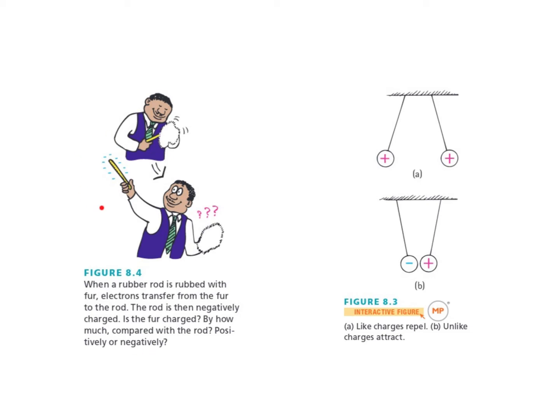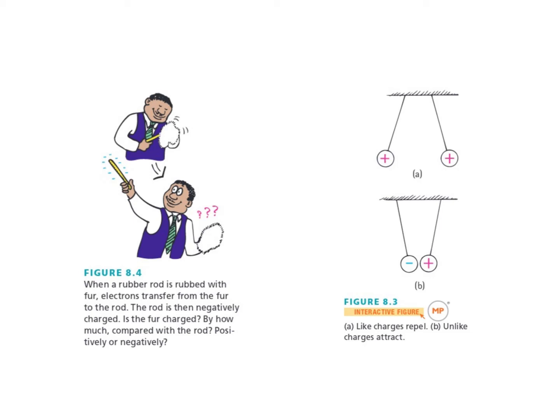So think about how the rod became negatively charged. Electrons flowed from the fur onto the rod. That means that this guy has lost electrons and this guy has gained electrons. Can you see that their charges have to be equal? Because if this guy sent over 50 electrons, it's now lacking 50 electrons. And so it's going to have a net 50 proton positive charge because there's no longer 50 electrons to balance those protons. And so the amount of charge is going to be the same, but it's going to be the opposite sign. This is a principle called conservation of charge.